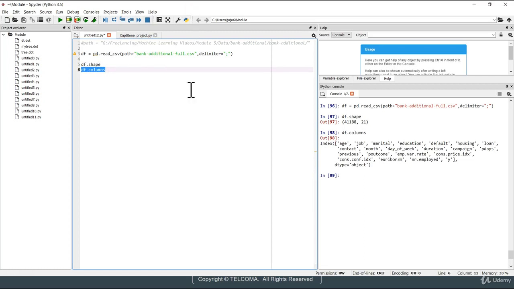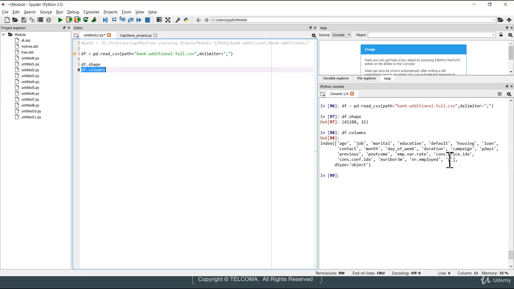And you understand we have data at a customer level. So we have the customer's age, the kind of job, his marital status, education, default, whether he has defaulted in a loan previously. Housing and loan would indicate whether he has a housing loan, whether he has a personal loan. Probably contact defines the number of times he's been contacted, month, day of week, would be the descriptive attributes like what month and what day of week has he been contacted, and a couple of other numeric variables